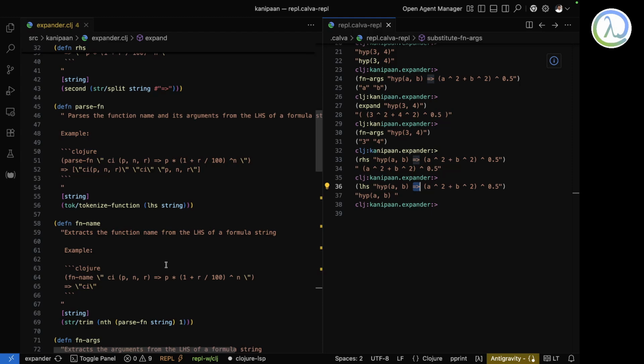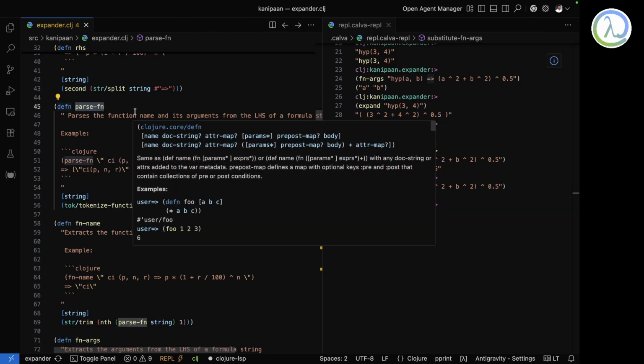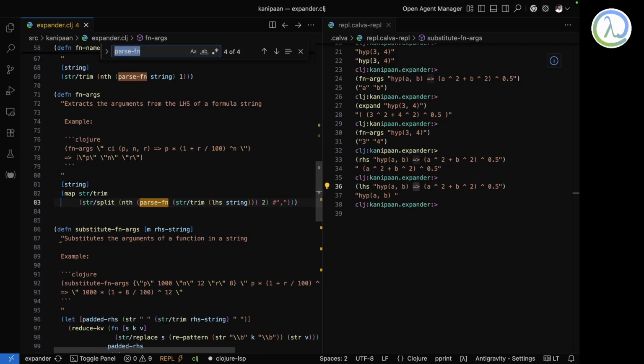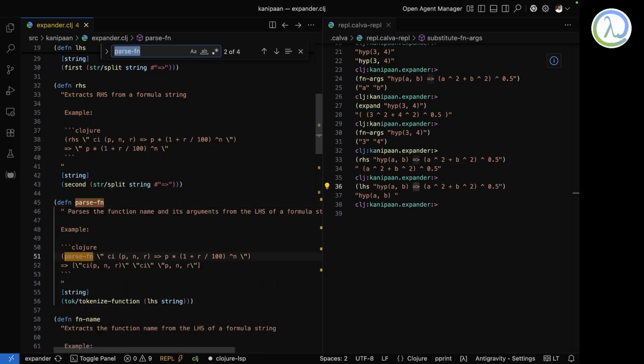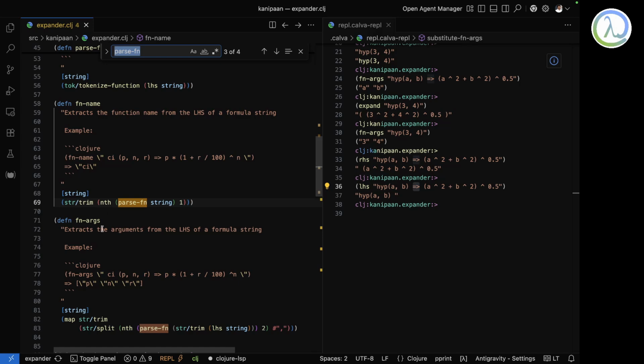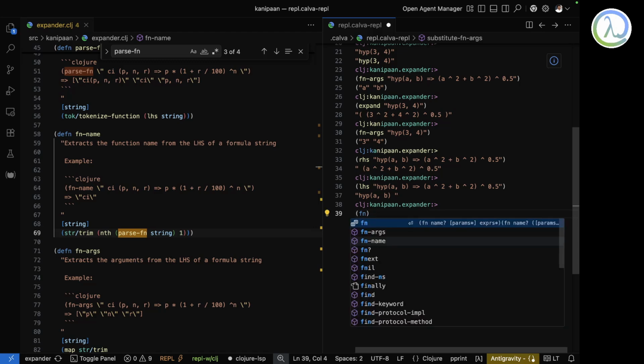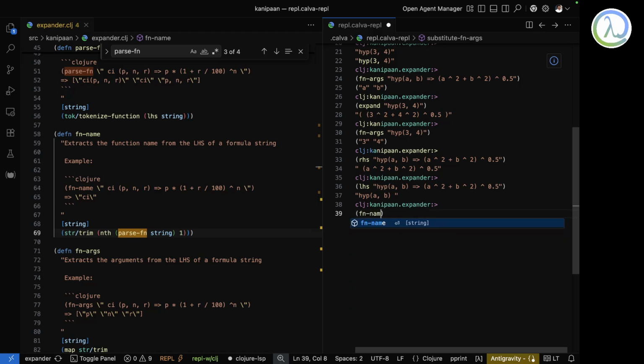And we are also using this parse function. We are using it to get this function name. What this function name does is, like fn and then name. If I just get it, I can give something like